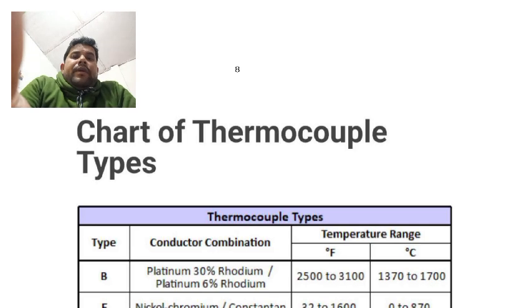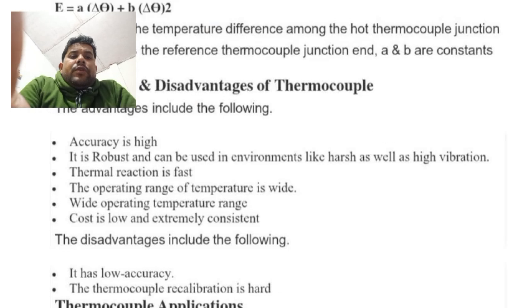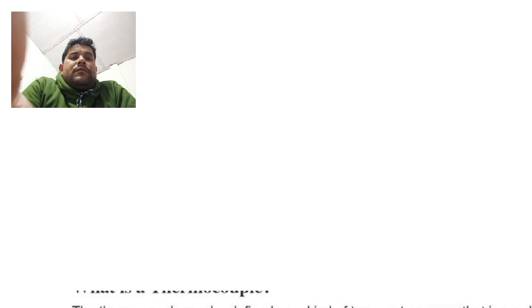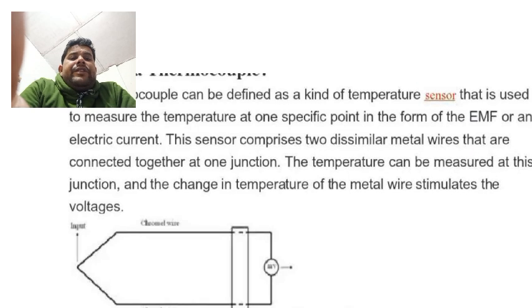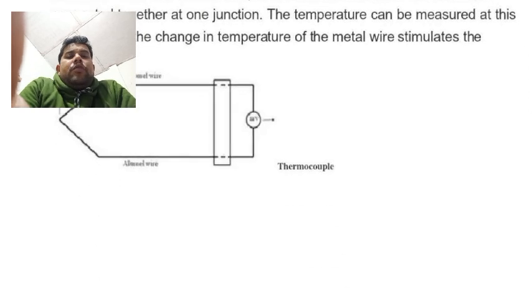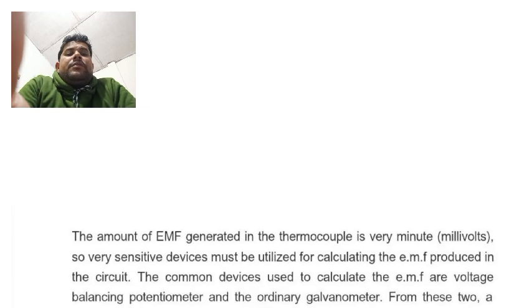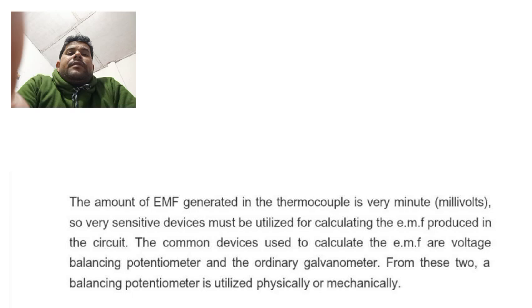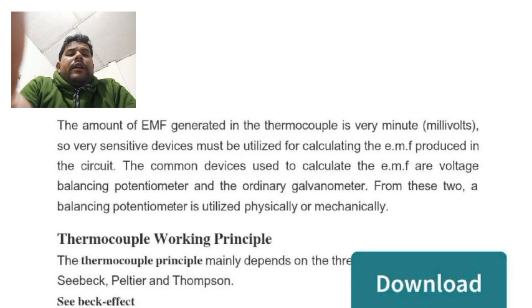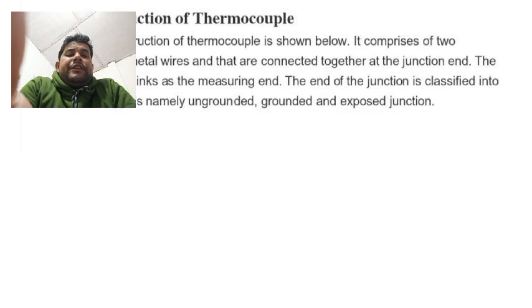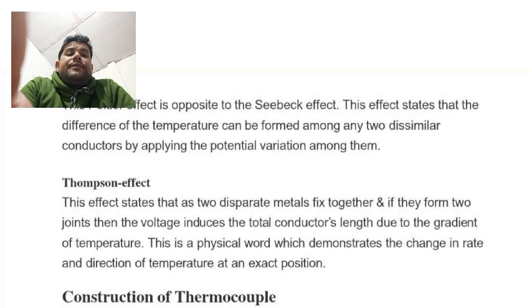So up to here we have completed the thermocouples. What we have completed in this class: first, the thermocouple definition and the effects of thermocouples, like the Seebeck effect, Peltier effect, and Thomson effect. Second, the construction-based classification of the thermocouple: grounded, ungrounded, exposed. And the working principle of the thermocouple we have seen, and advantages and disadvantages we have seen on thermocouples. And next